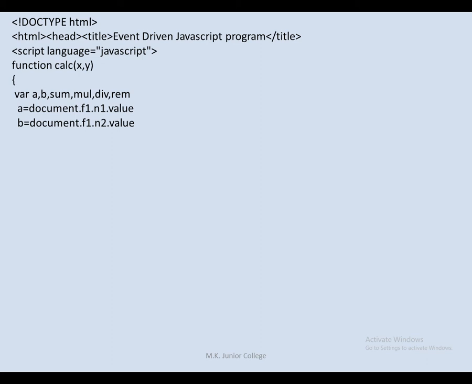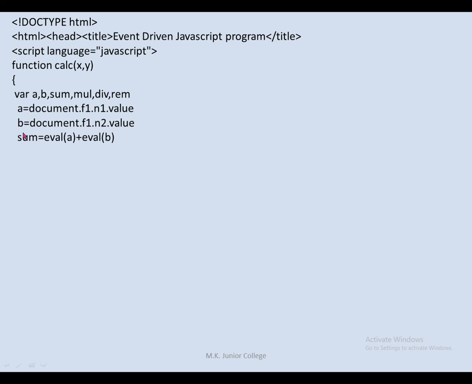We'll see later on about the form, because now you are under the function part. b is equal to document.f1, again the name of my form, dot n2, may be the name of the second text box, dot value. So the statement you have to learn by heart. How is this statement written? document.f1.n1.value, where f1 and n1 may be different as per your names.